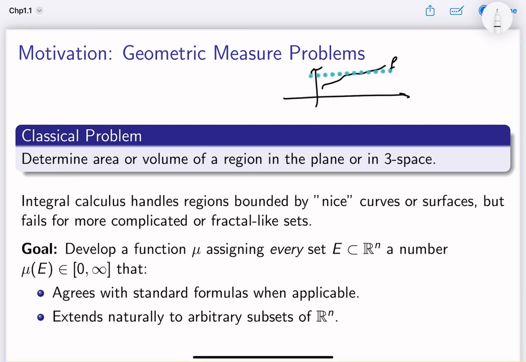Provided it's non-negative, we could say that the area between a and b is the definite integral between a and b, right? So we could calculate the area using a precise